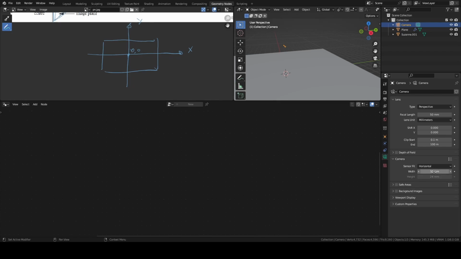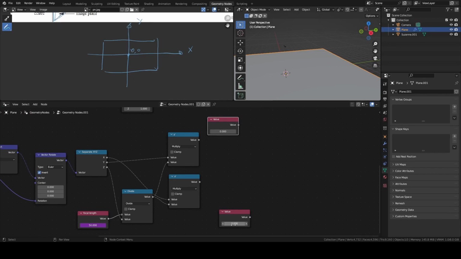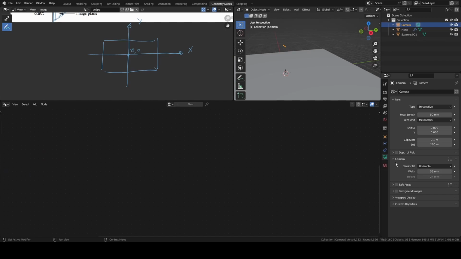So, like we did before, right click, copy as new driver. This is the width of our image sensor, paste driver. This is the width, let's call it W. And the same for the height.